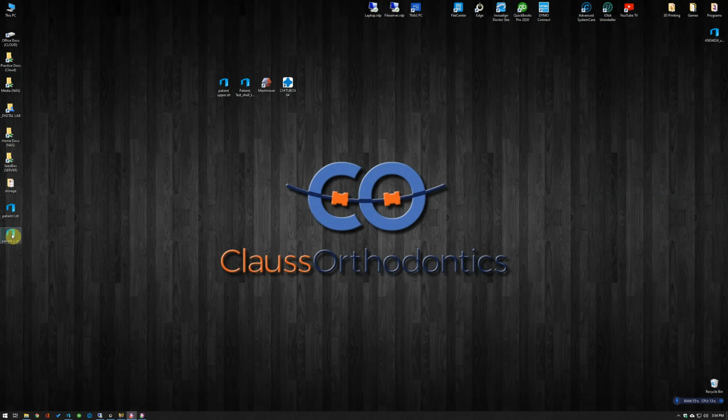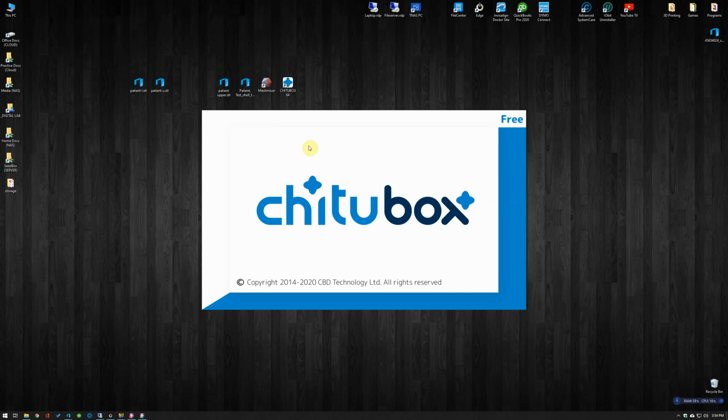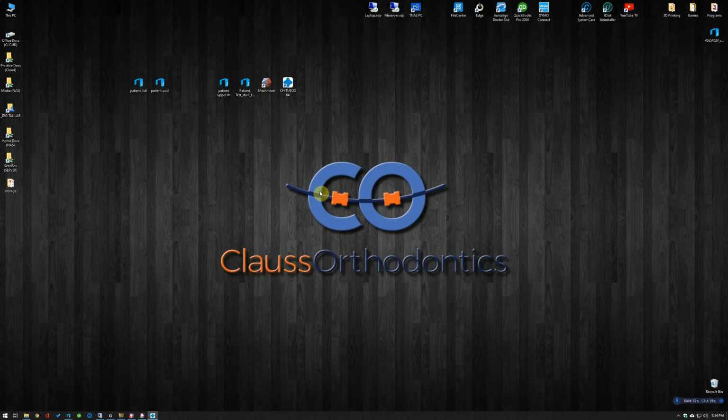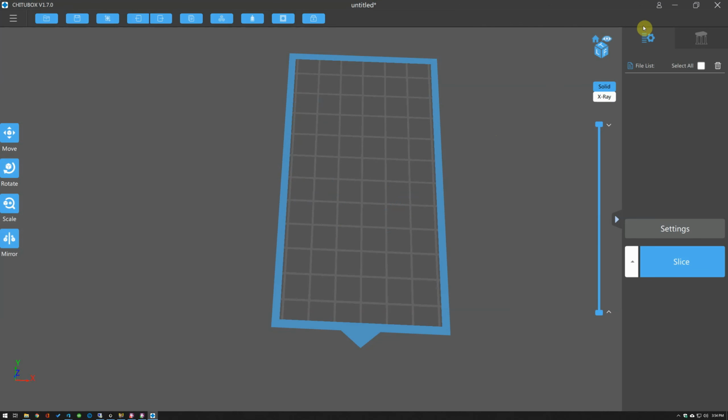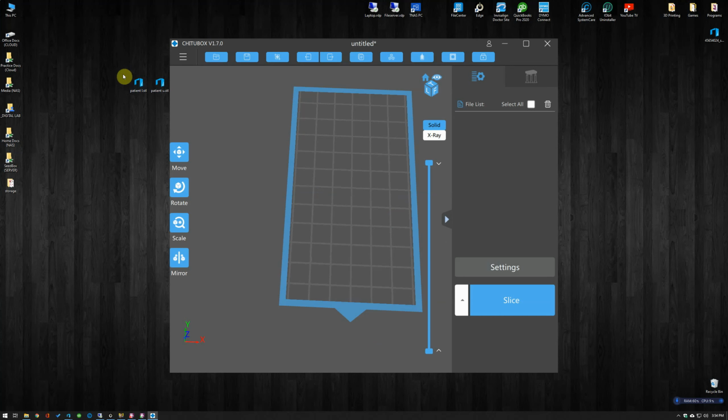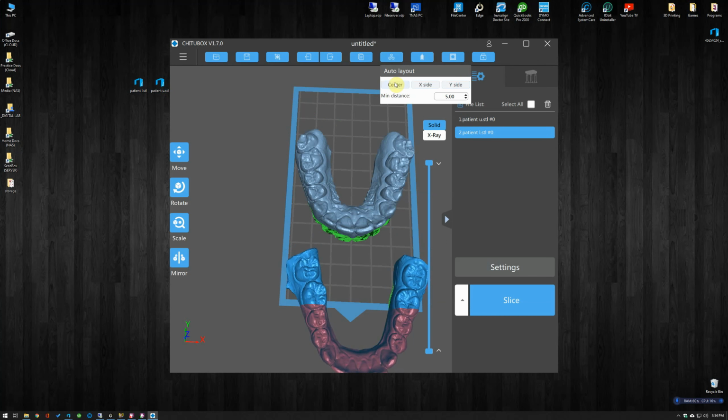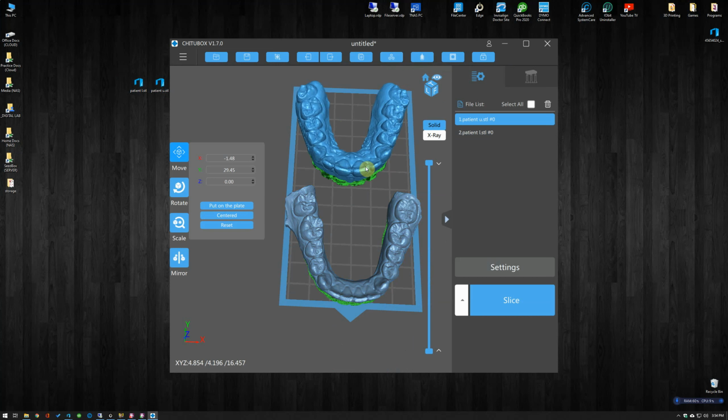So we'll close this. So here's our patient U. I already did a patient L for the lower, so that's again a based model. I use Chitubox, so we'll open that. This is what I use for slicing. I have a small printer that only allows for that. That's an old model. Only allows 2 models to be printed at once, horizontal. So I'll drag both those models in, auto layout them into the center, and there we go. And then I can slice